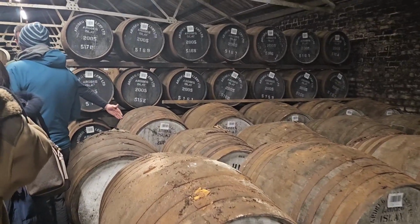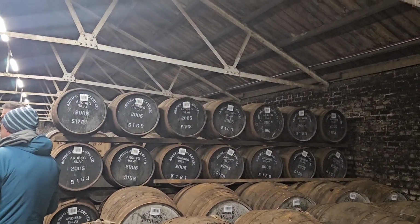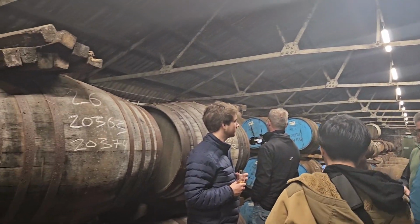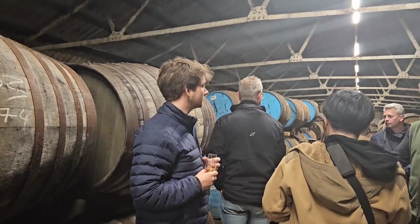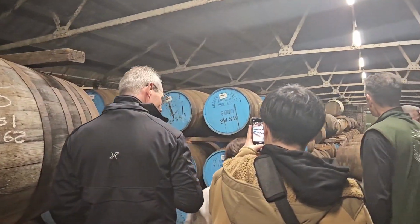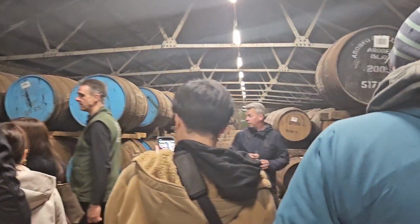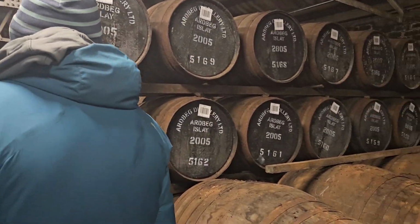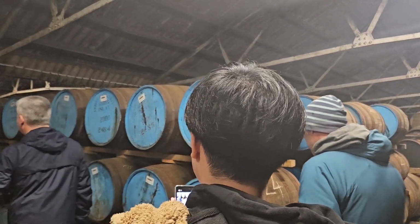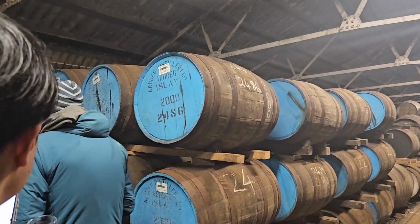Down to the square meter location of where the cask is supposed to be. So Bill can look at that sheet. We're going to go down again. This is where we need to take the casks from because they're the right age or whatever. We'll go this way, folks. I don't think we can go that way. These were filled on the first fill in the millennium. Filled in 2000. So we're waiting to do something with them. I don't know what we're